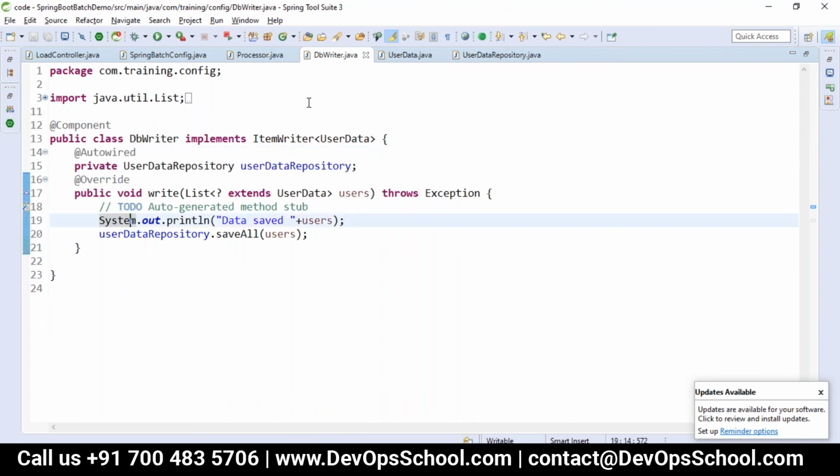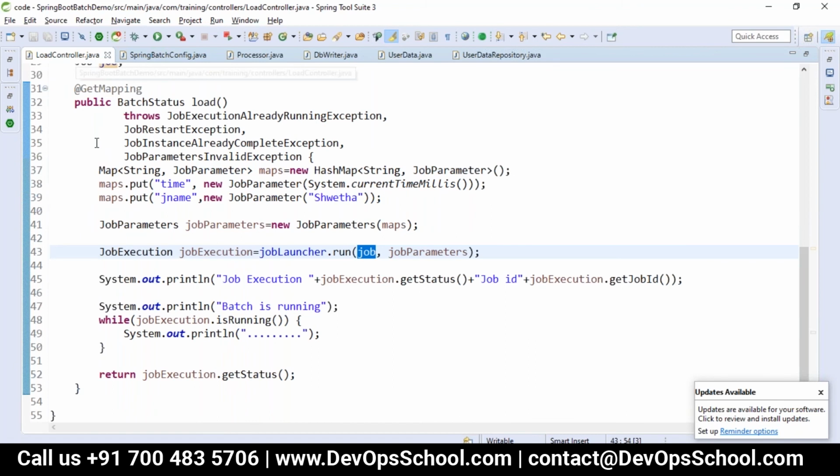Okay. So those are the steps which we have done: the configuration, the processor, and the DB writer. Then in the load controller, we are sending the map parameters. I just added this in case any extra parameters need to be written. That job parameter, we have to send to the job parameters.